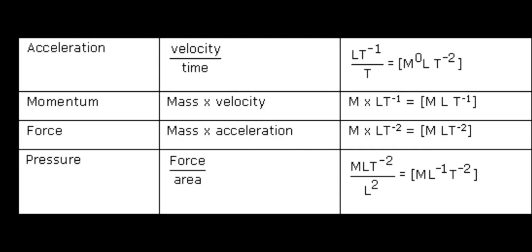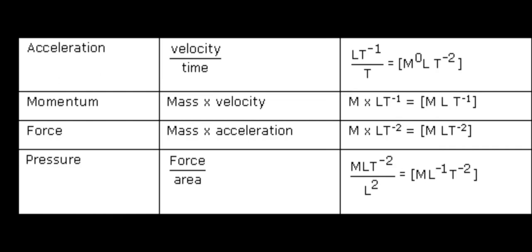You can find that separately. The dimensional formula for time is T. From here, M0, because there is no mass, so we put M raised to power 0. So we get LT minus 2. When we solve this equation, we get LT minus 2. So M0 L1 T minus 2 is the dimensional formula for acceleration.